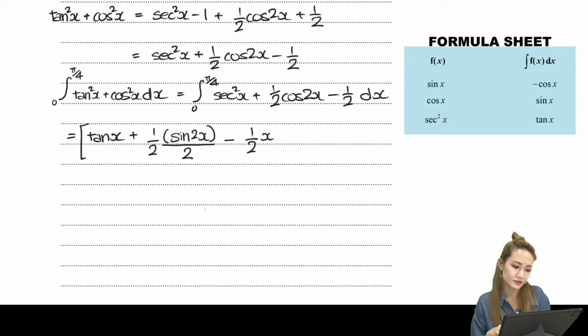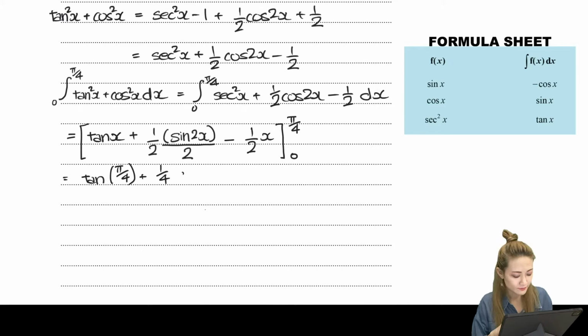And then if you integrate it from 0 to pi over 4, you want to substitute the x with pi over 4 and then subtract the substitution of x with 0. So if we do that,